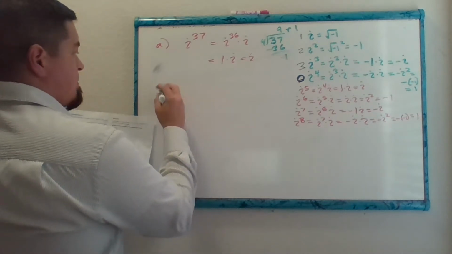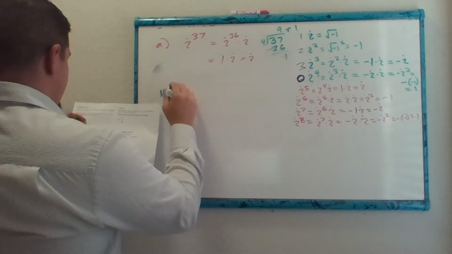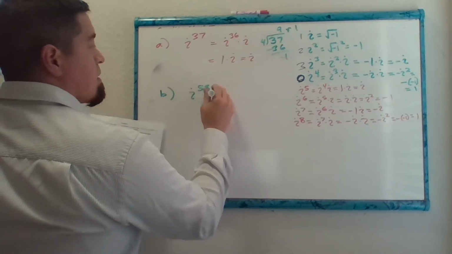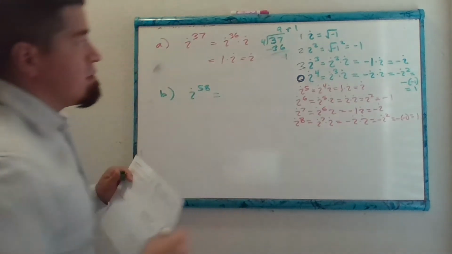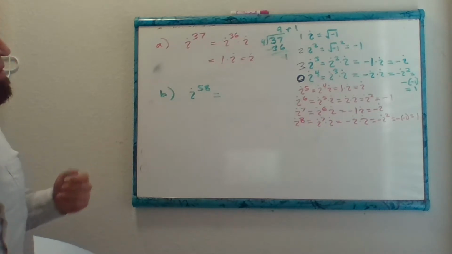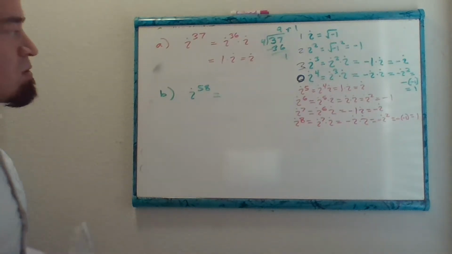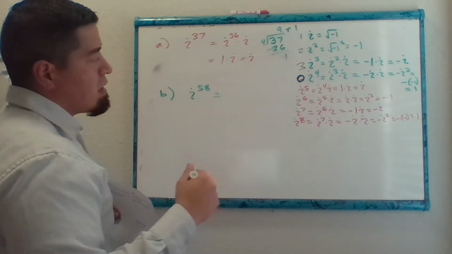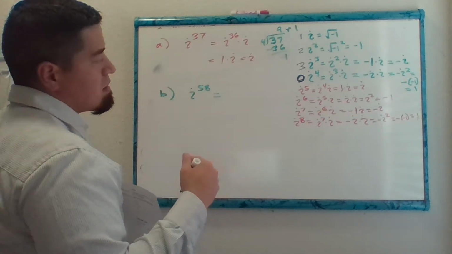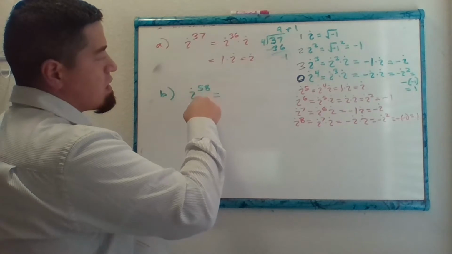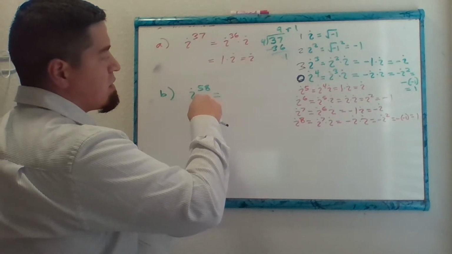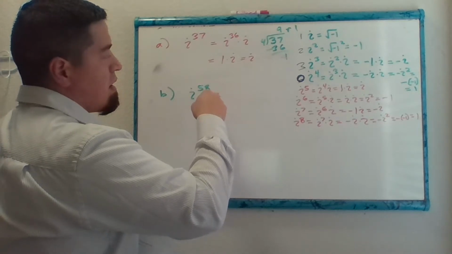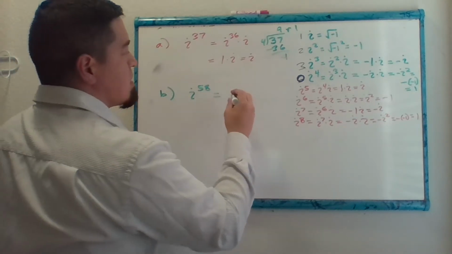Okay. So B. B says, let's find out what i to 58 is. I already told you to use factors of 4. So maybe we'll try it. We'll see how many 4s can go into that. If 10, that's 40. If we try 12, that would be 48. 13 is 52. 14 would be 56. So it seems like it would be going